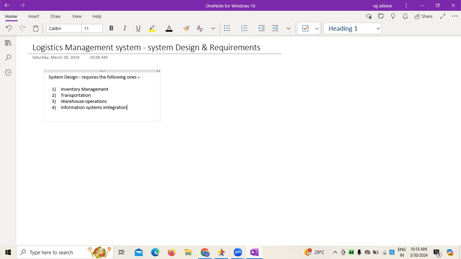Something which normally one should consider, because at the end of the day, if it is not solving the purpose of the customer, then there is no value in the development of the application we are going to develop. Hence we need to understand the benefits of this logistics management system or something of that sort. So if you have taken the benefits into consideration,